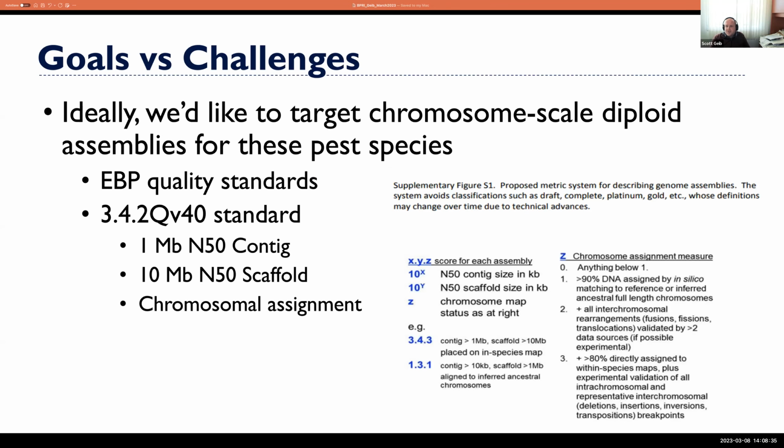So we'd like to target chromosome scale assemblies for all these pest species. The I5K, or the Arthropod Genomics Sequencing Initiative, is part of the Earth Biogenome Project. And they, a while ago, came up with these quality standards of saying we want the contig N50 to be 1 megabase and the scaffold N50 to be 10 megabase. These are old. We're very well beyond this. And we want chromosome assignment of those contigs